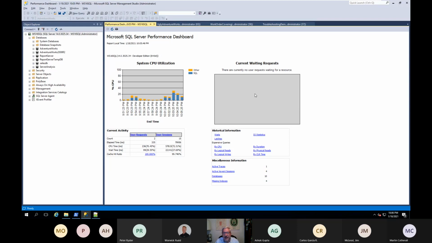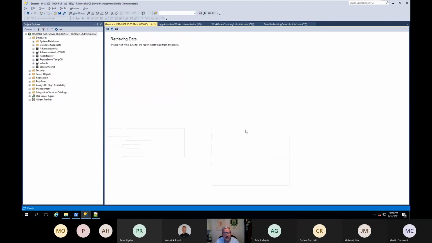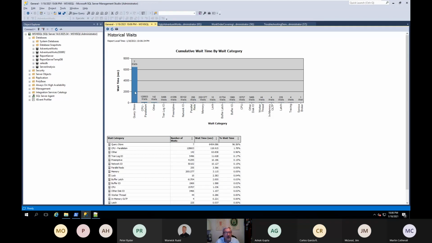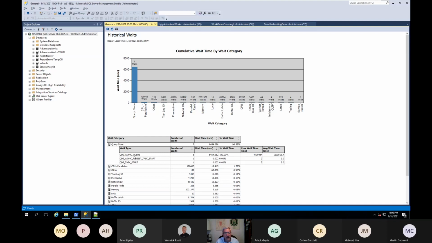Now I don't have any waiting requests, but I can look at history. And interestingly enough, the biggest process that's waiting on stuff is Query Store. But if I open that up, most of that is the async queue, and that doesn't have a lot of impact on my performance, so I don't worry too much about that.